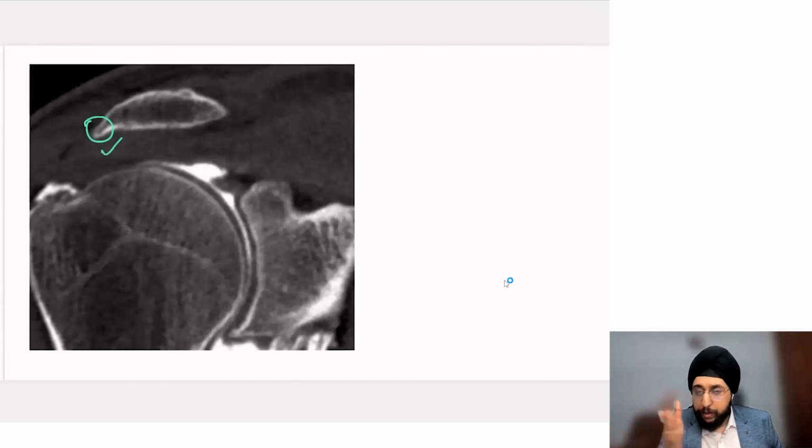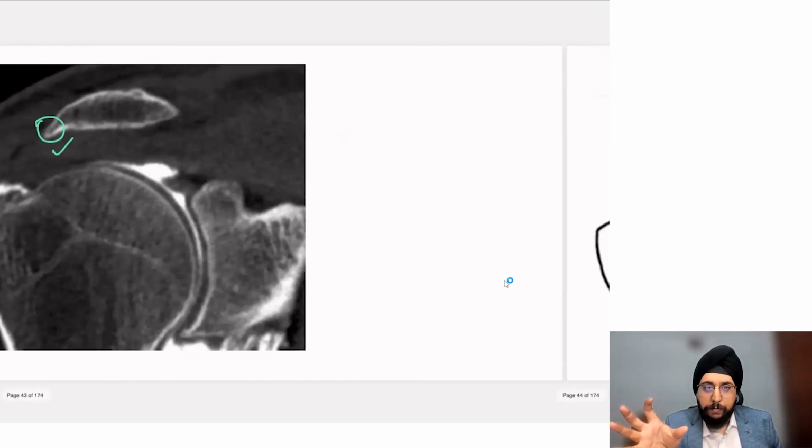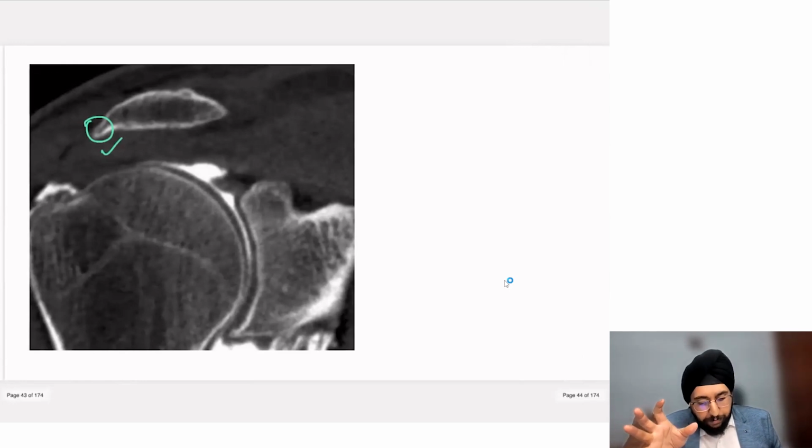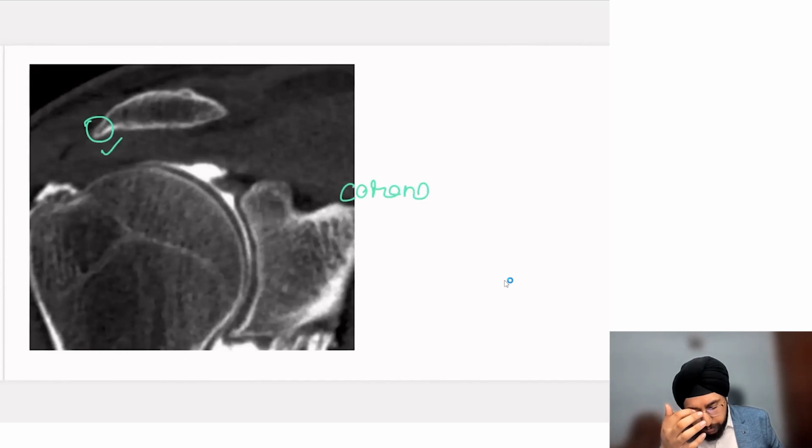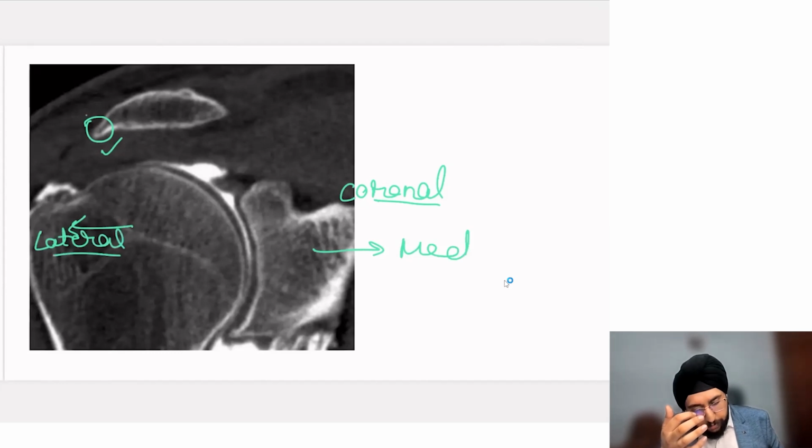Just look at the images, okay? So this is a lateral bird beak type of spur. Why are we saying lateral? What section are we seeing here? We are seeing the coronal section. This part is the medial side and this is your lateral side. On the lateral side, we have a protruding, acutely angulated spur on the anterolateral inferior surface of the